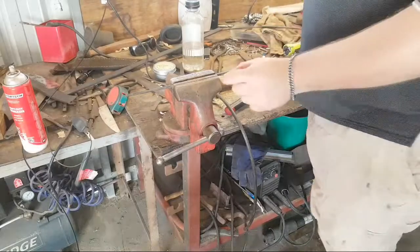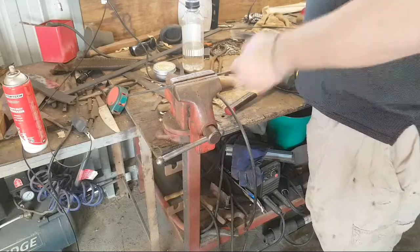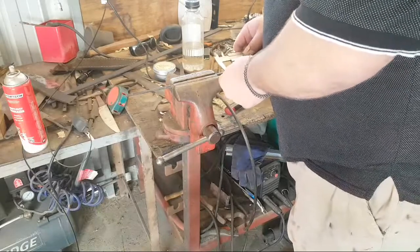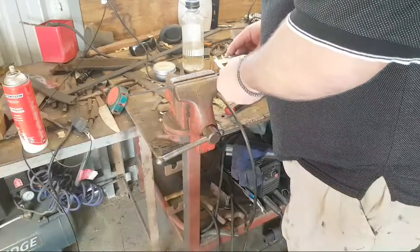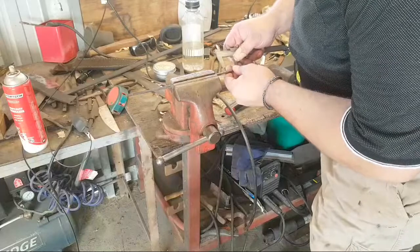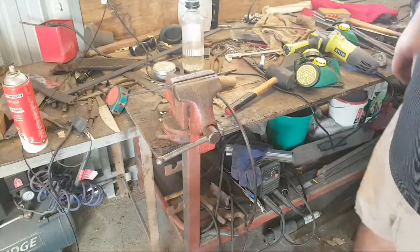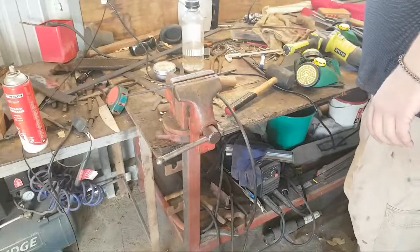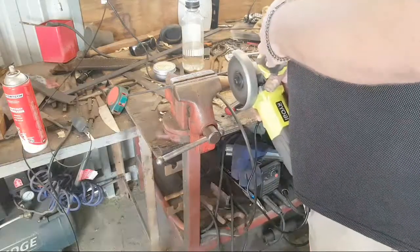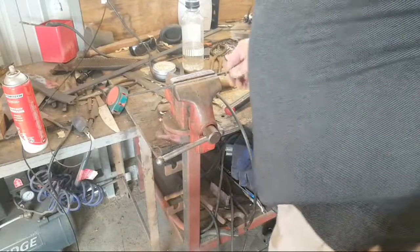Because you want the thickness as your boss. So whatever the two bosses together is thickness, and then 1.5 times the diameter of your pin stock. So for 6mm, that is 9 millimeters. And that gives me about a measurement of 30. I have this little 10mm hole piece of steel. It's 9mm deep. That's going to